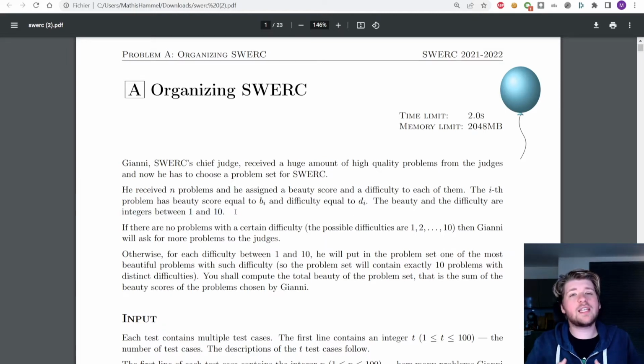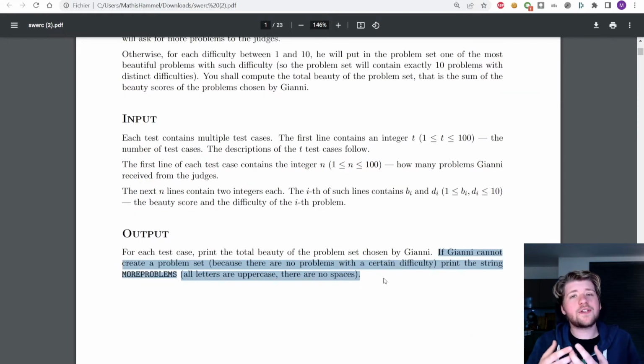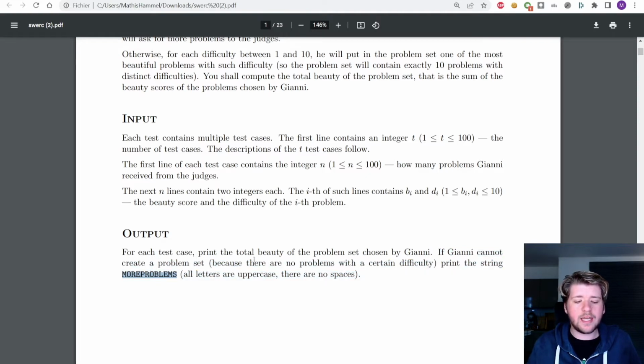What we have to do is select 1 problem for each difficulty level between 1 and 10 and keep only the one with the highest beauty in each difficulty score. If there's at least 1 difficulty level between 1 and 10 where we don't have any problems of that level, well, we have to print more problems, and otherwise we will print the total beauty of the problems that we